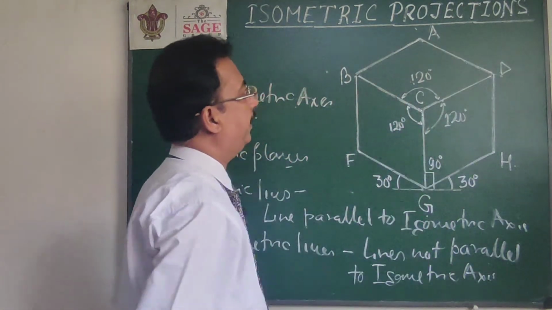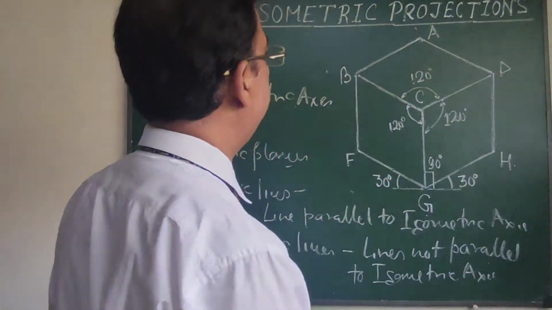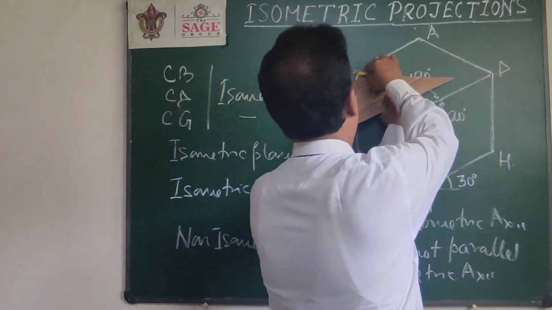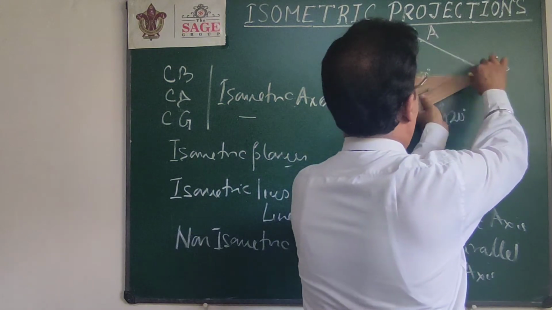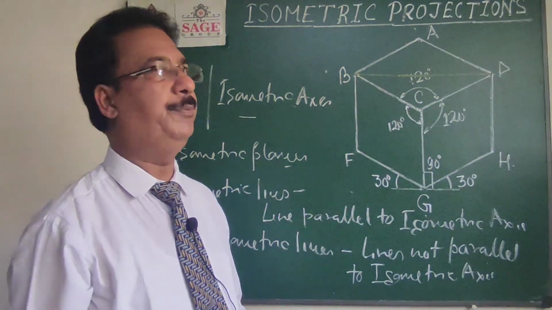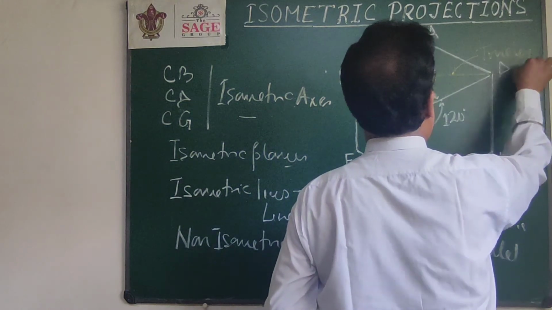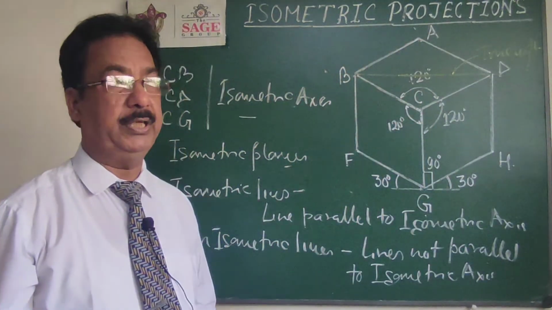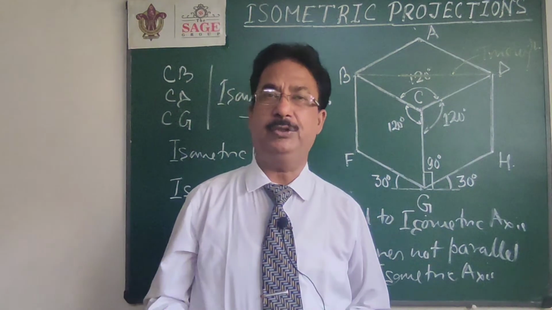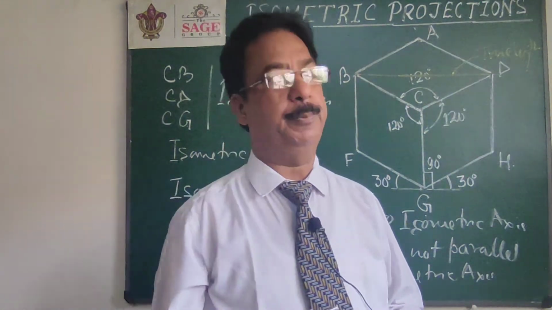As in this particular figure, if I talk about this line, that is BD, that is not a line of the cube, but it may be the line joining the top face of the cube. If you look at this line in both the projection and orthographic, this line will be parallel to both the planes. Right now it looks parallel to VP, so this line will retain its true length. But as you know, in isometric projection all the lengths are reduced, the proportion of reduction will be similar, and that proportion is also fixed. We already discussed earlier that the ratio is root 2 upon root 3.